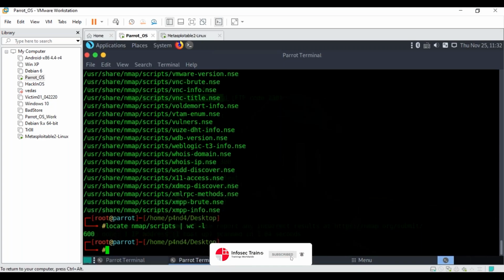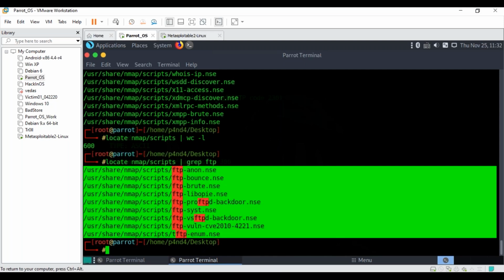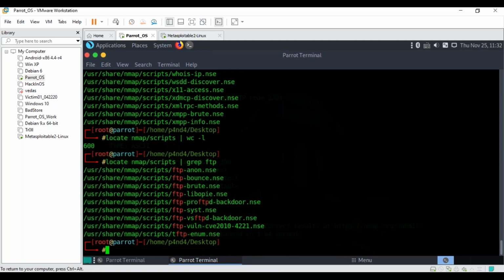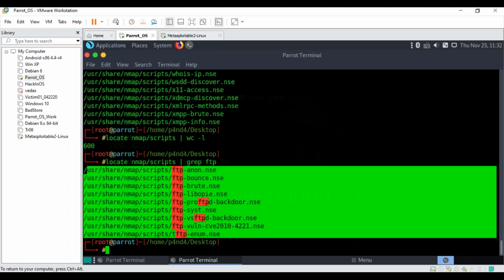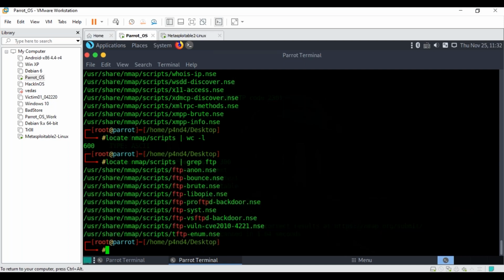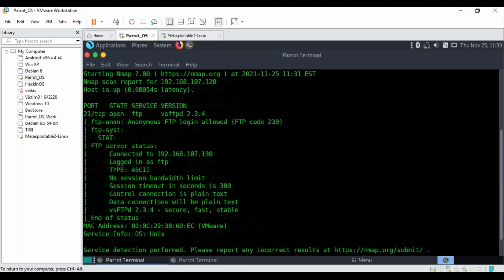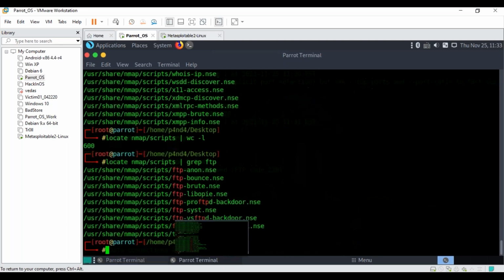Manushi, I will get back to it after this. First of all, can you see we have a lot more scripts related to the FTP port, right, guys? Just related to FTP. So when I did -sC, it didn't run all of these scripts. It might have done selective ones. Tomorrow we'll see how to manually select these scripts and run them, all right, to find out the vulnerabilities.